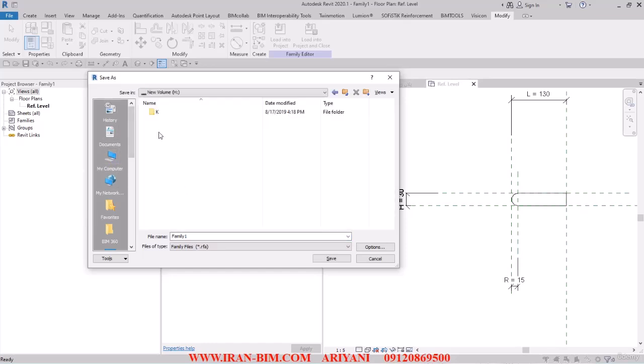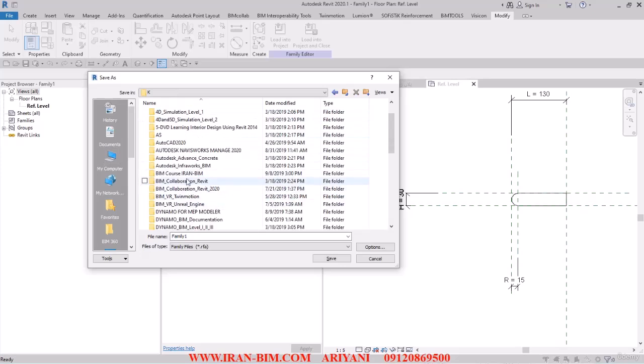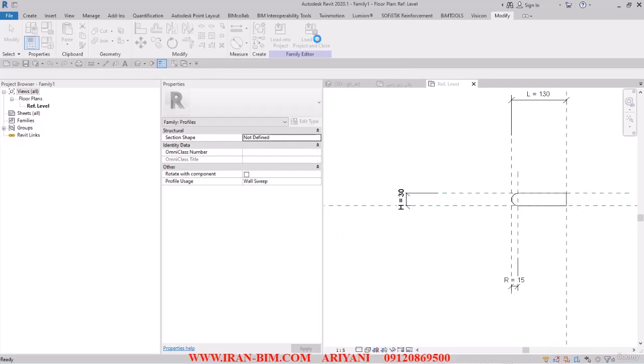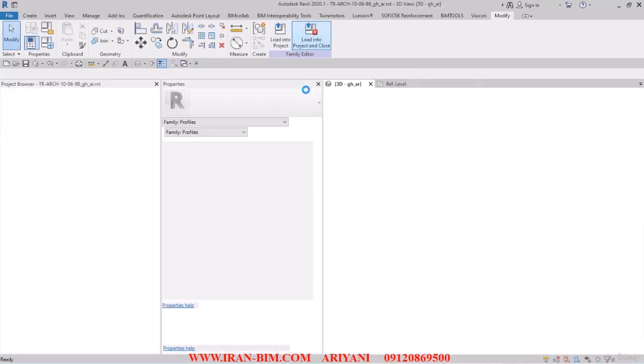So I go here and then beam course. I open up the families, then profiles. There we go. And I'll name this one profile underline F. Then I save it. And then I go here and then I'll load this into the project. And so